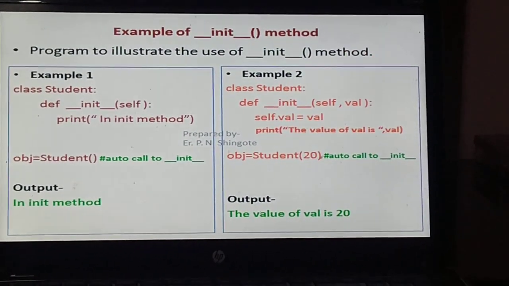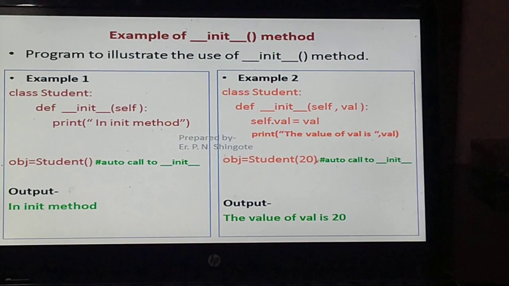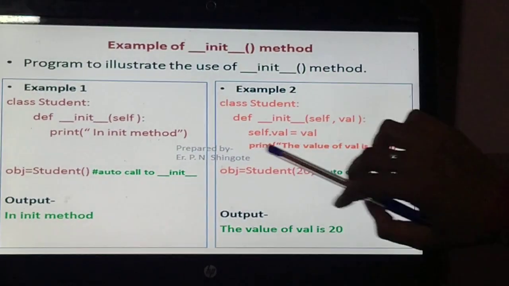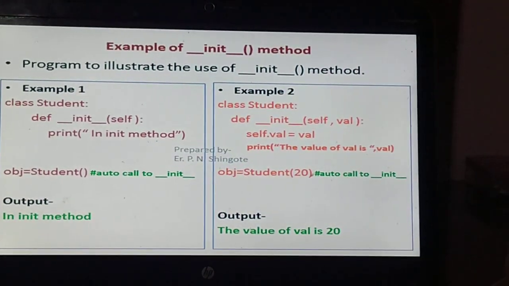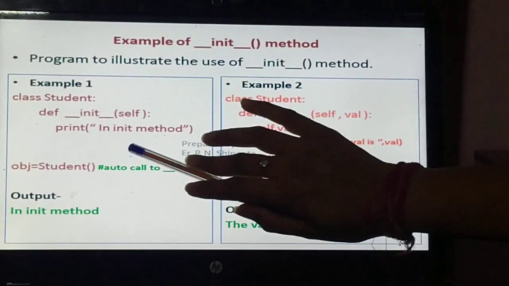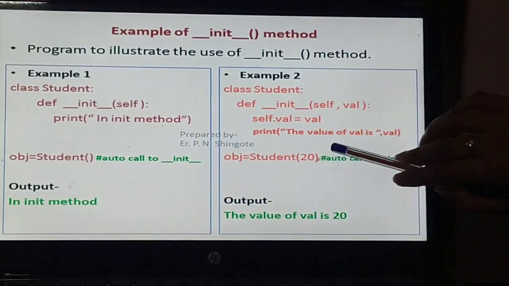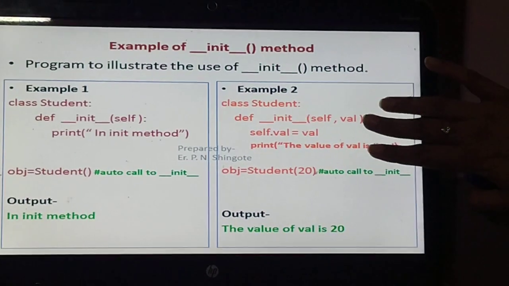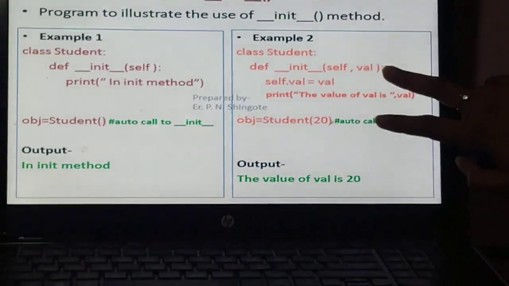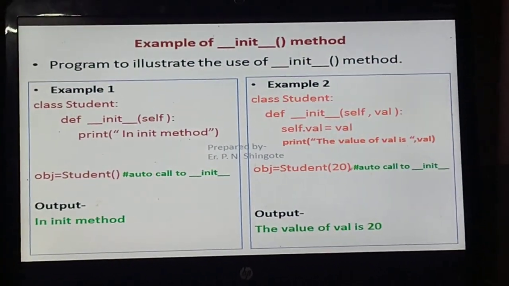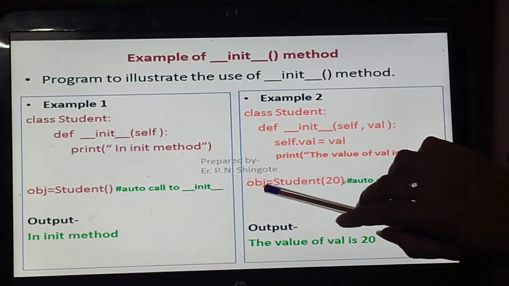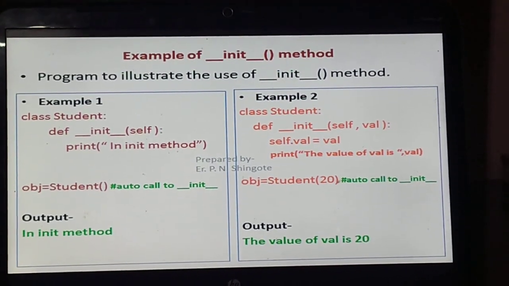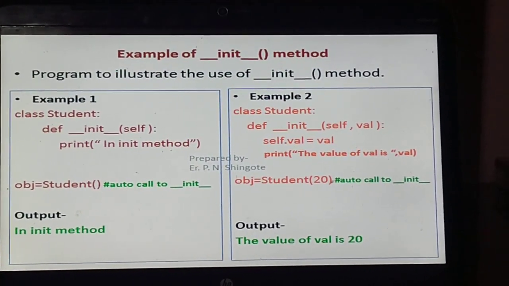So whenever you are going to use a parameterized constructor in your program, you have to give the value of that parameter when you are creating the object of the class. So this is the default constructor example, and this is the parameterized constructor example. You can define any number of parameters here. The only thing you need to remember is whenever you are defining the object, you have to give the value of all the parameters you have defined above except your self parameter.